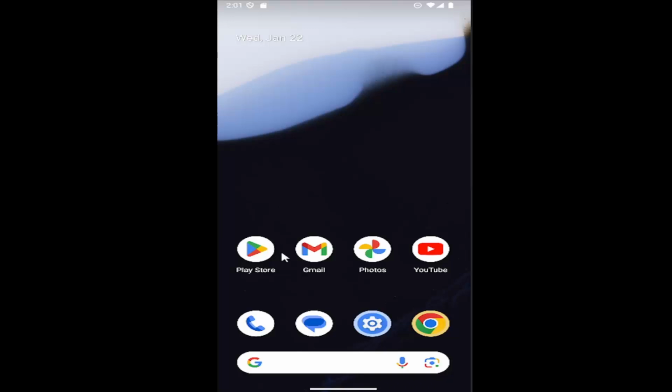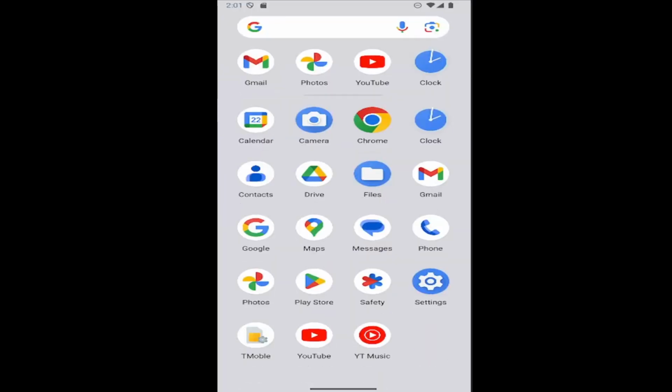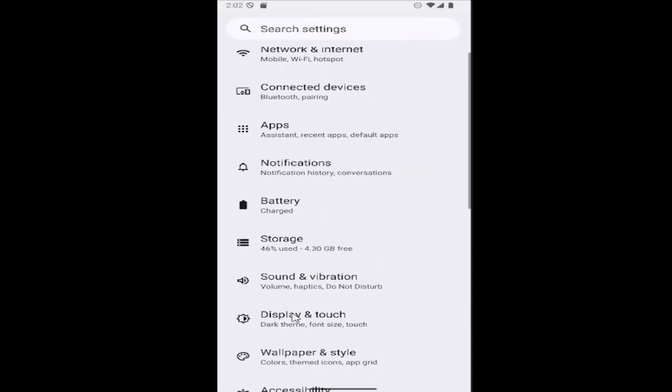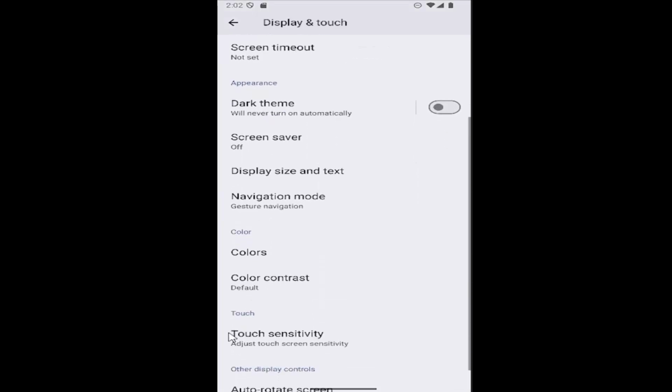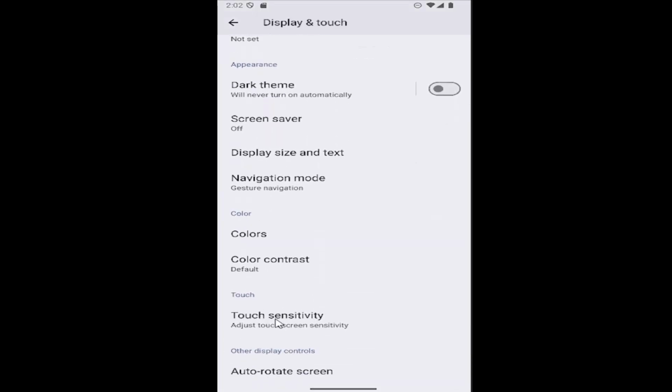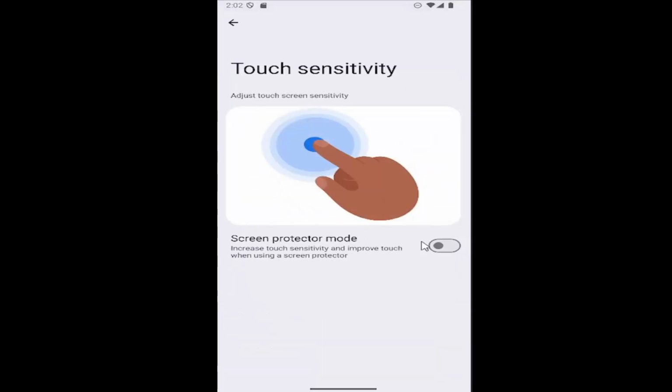So all you have to do is swipe up on your home screen, and then you want to select the settings gear button, and then go down and select the display and touch tile. And then scroll down again underneath touch, select touch sensitivity, adjust touch screen sensitivity, select that. And then at this point, you can go ahead and click on this icon here to start adjusting the touch